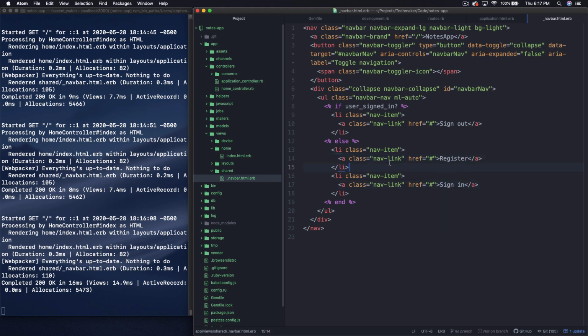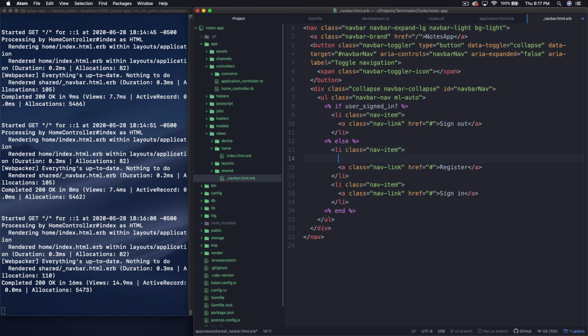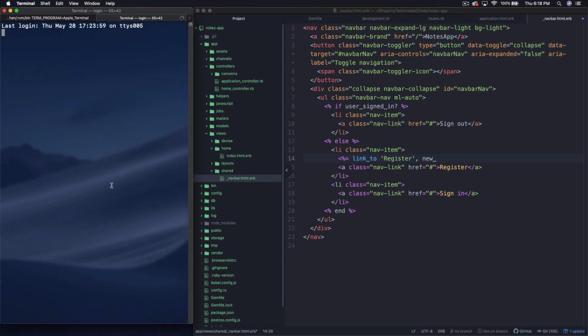So these two are easy right here. And in actual fact, I'm going to switch to a more Ruby way of doing this, which will be link to, and then we'll have register. And if you recall from earlier when we were looking at the paths or the routes, was it user registration path or new registration path? I think